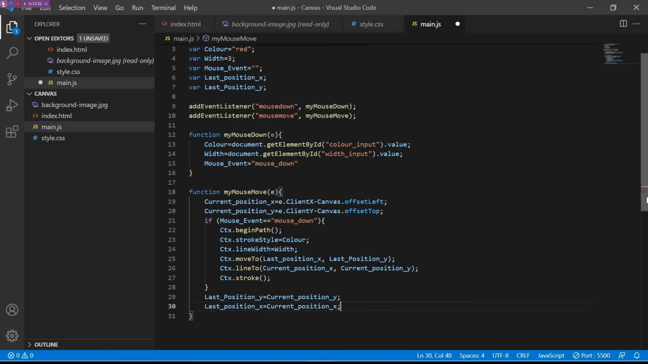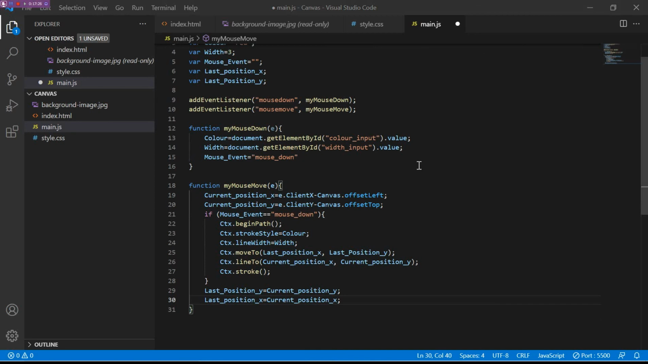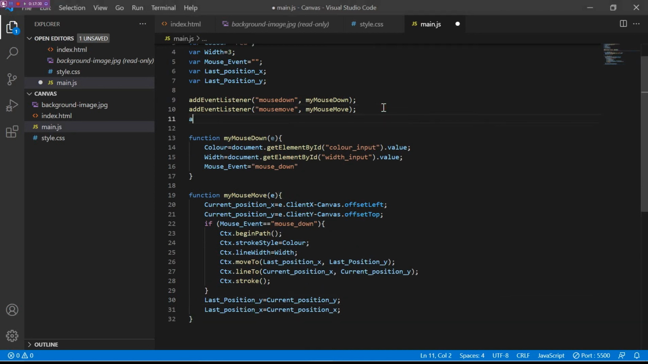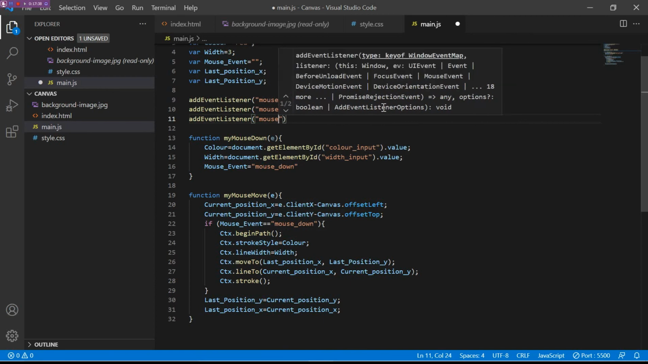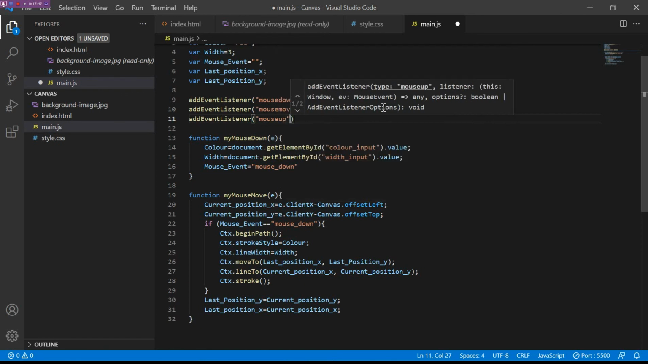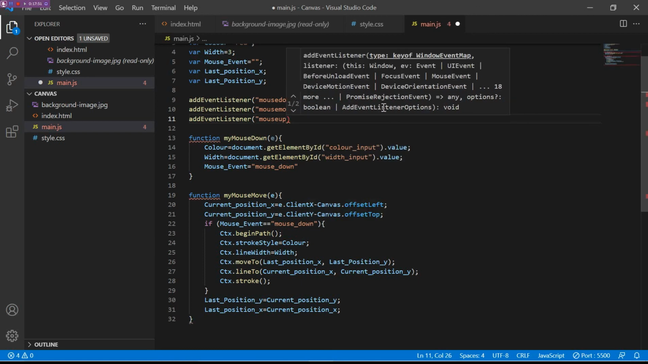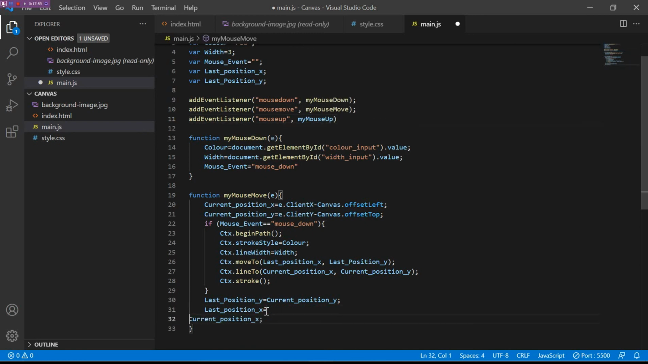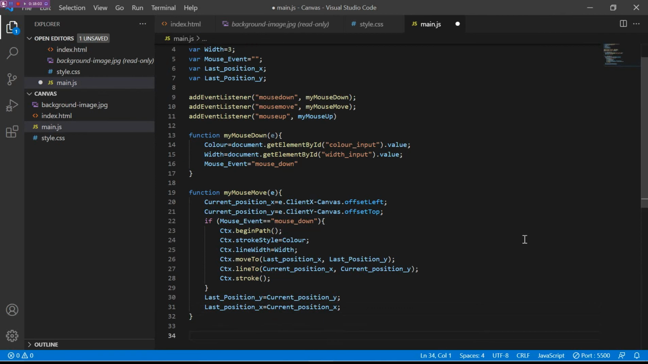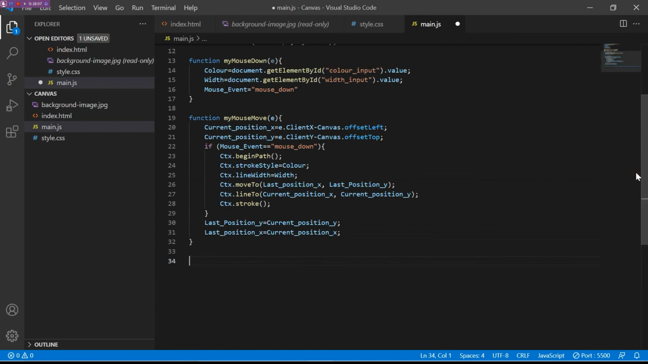Okay, so now if we leave it like this, it won't work exactly as we want it to. So what we have to do is we have to add another event listener for mouse up, and then we are going to give the function my mouse up. So the problem with not giving the mouse up event listener is if you let go of the mouse, it will keep drawing wherever the mouse is. So we don't want that. We want to let the user stop his drawing wherever he wants it to. So let's give the function of my mouse up